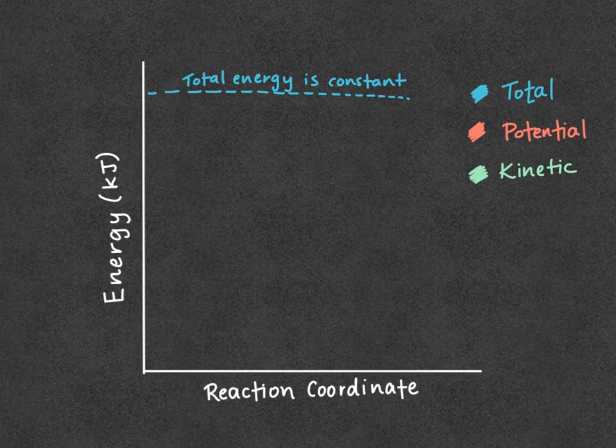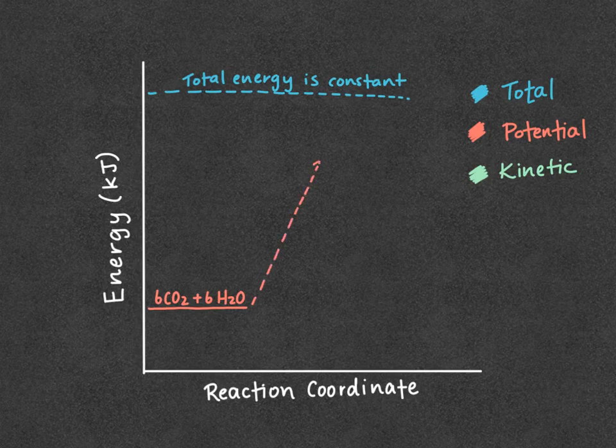So our reactants, so reaction coordinate is just the progress of the reaction. Our reactants have some amount of potential energy. So they have 6 carbon dioxides plus 6 water. And our reactants are going to gain potential energy to form our products. And our products in this case are glucose and oxygen. At the same time, our system had some amount of kinetic energy that, when the reaction took place,